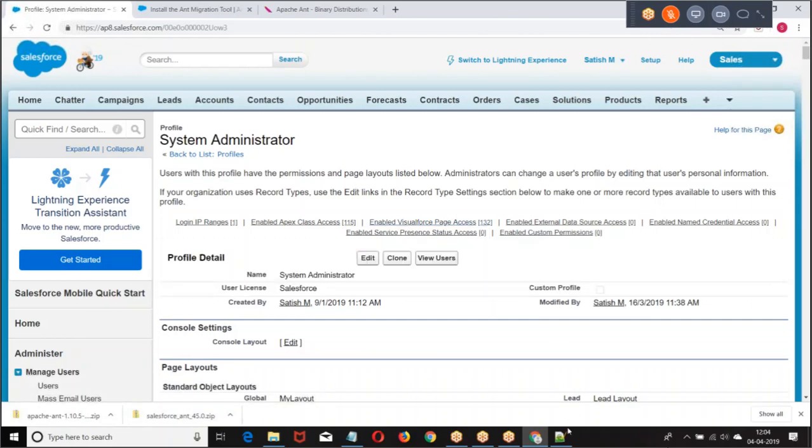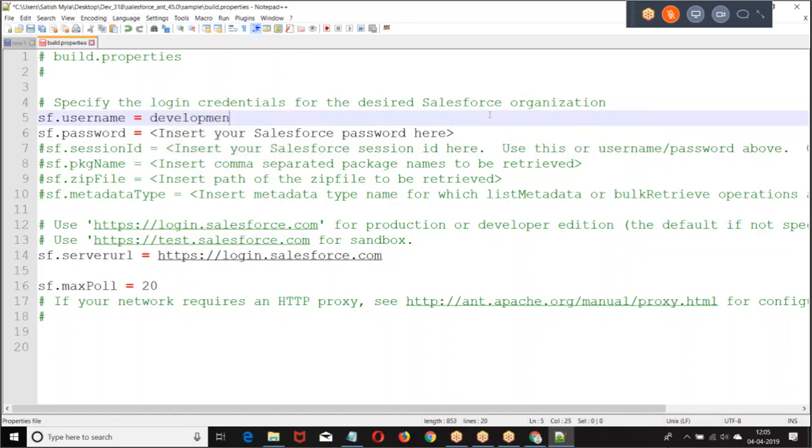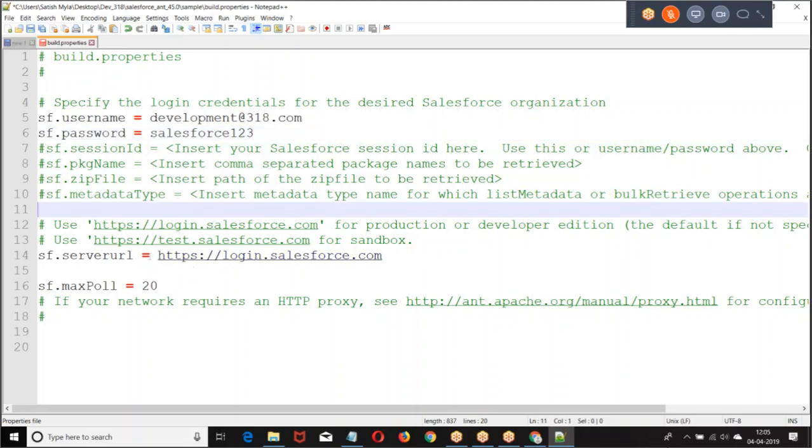username and password. So what is the file we have? My username is development@human8, then my password. What is the URL? login.salesforce.com, because it's a trial account. If it is a sandbox, test.salesforce.com.